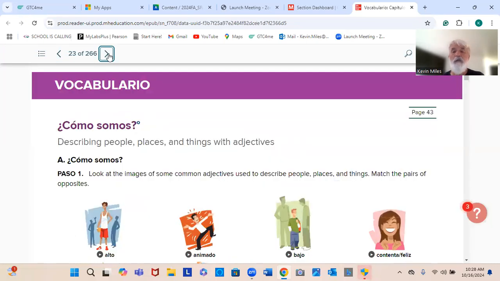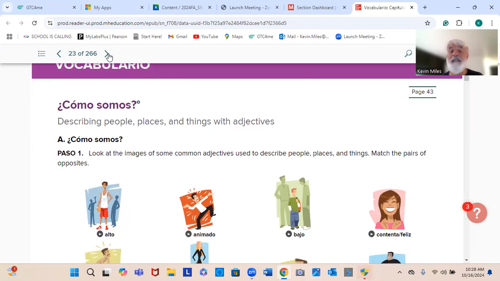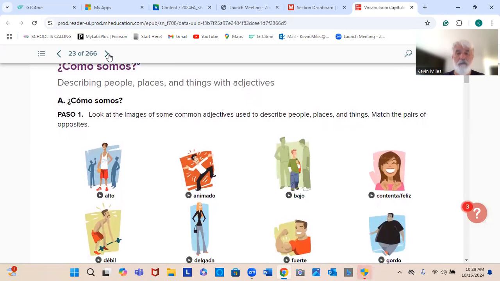Okay, so the vocabulary for this unit is describing people, places, and things. You're going to need to talk about yourself. You're going to need to describe yourself physically. I'm tall, short. Maybe your personality or characteristics. I am reserved, I'm outgoing, and you should be able to talk about your friends that way too. So let's get familiar with some of these adjectives, okay? You need to know the adjectives. So here they are.